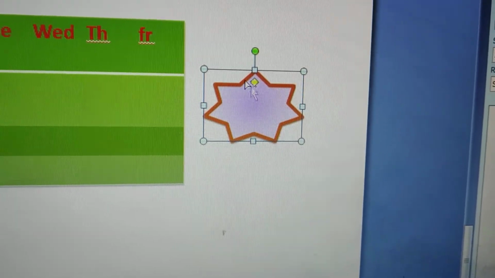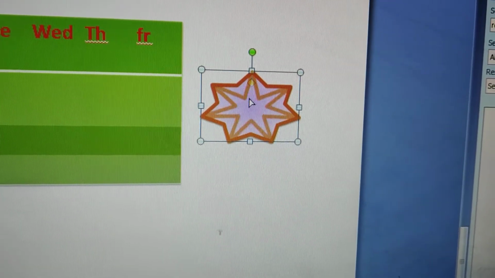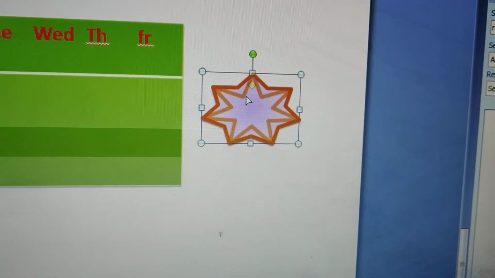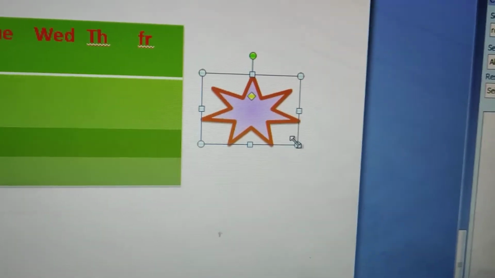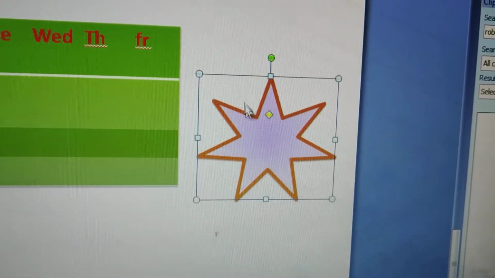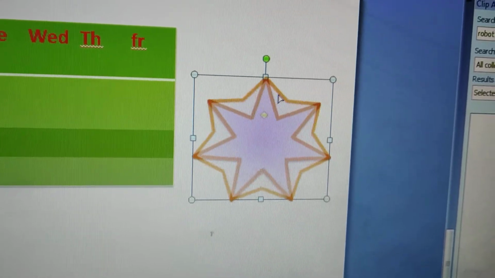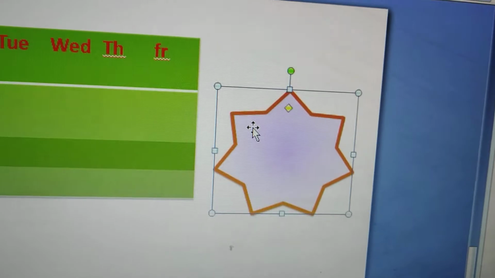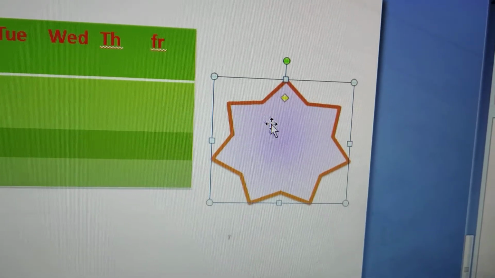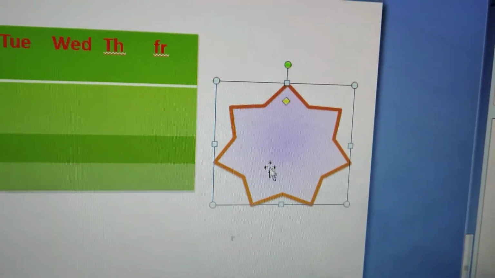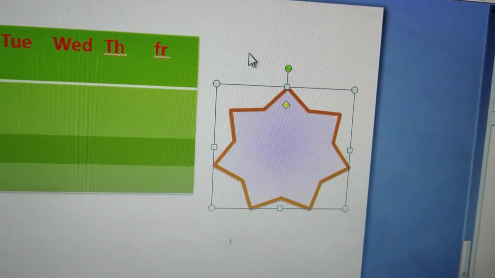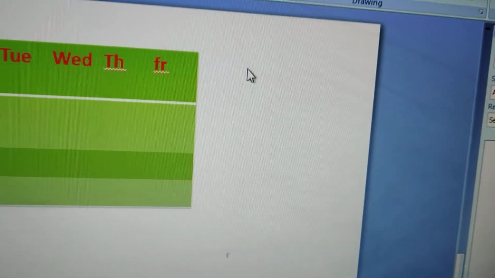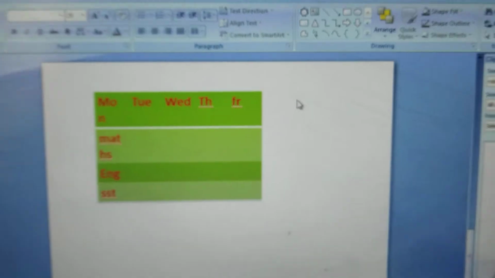Okay, and see here one yellow dot is there, with the help of that you can change the form of that shape. If you don't want this one, however you want, you can convert your basic shape. If you don't want it, then click on that shape and press the delete button, that shape will be deleted.